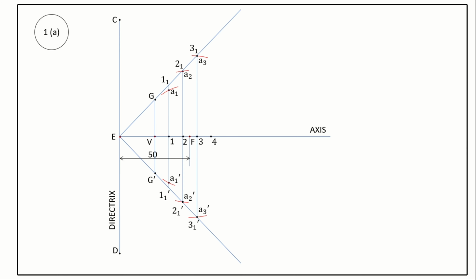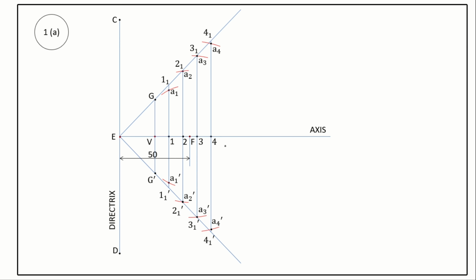Now again go for one more point here, point number 4. Distance between 3 and 4, again it is equal distance, only 10 mm. Through this point 4, draw a vertical line. This vertical line cuts the inclined line at 4 1 and 4 1 dash. Take a compass, measure the length 4 4 1. Taking F as center, cut the same line 4 4 1, mark the point as A4, and similarly with the same radius F as center, cut an arc on the bottom side, mark the point as A4 dash.